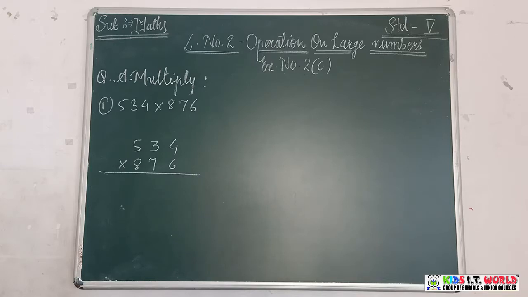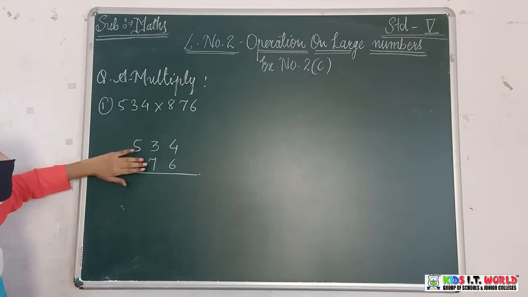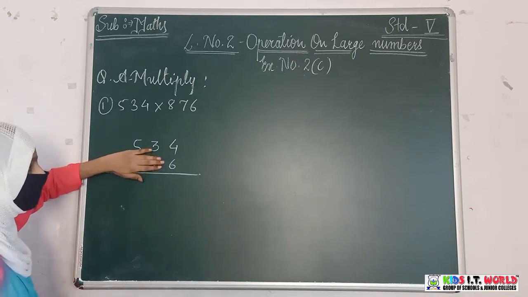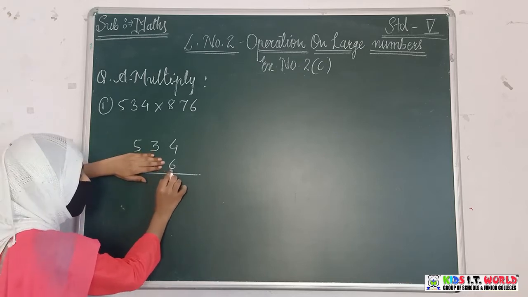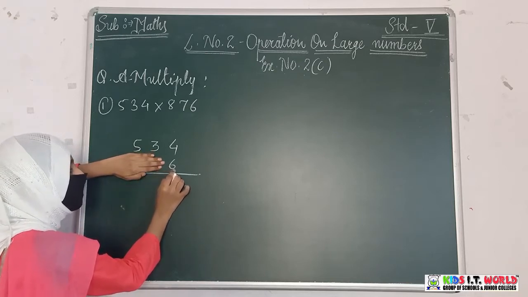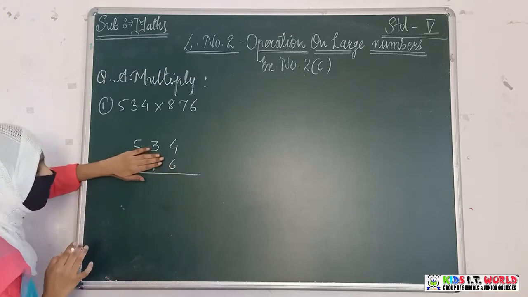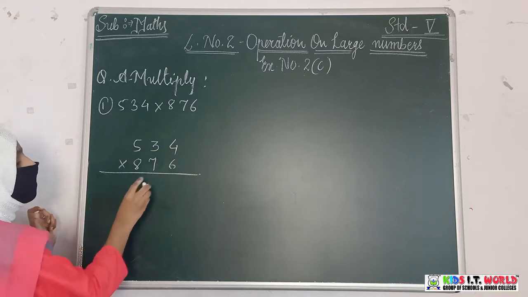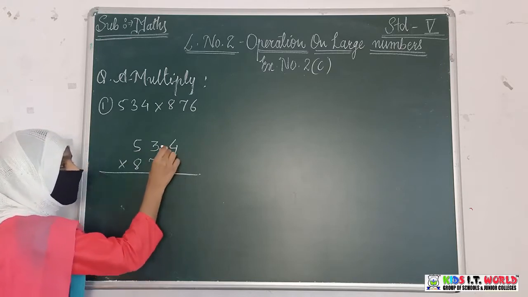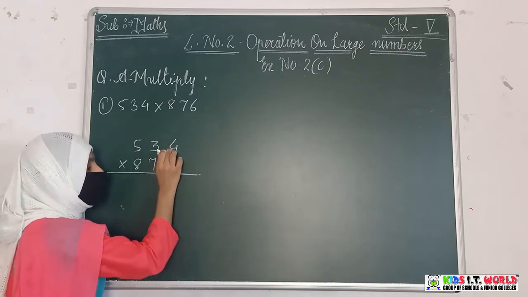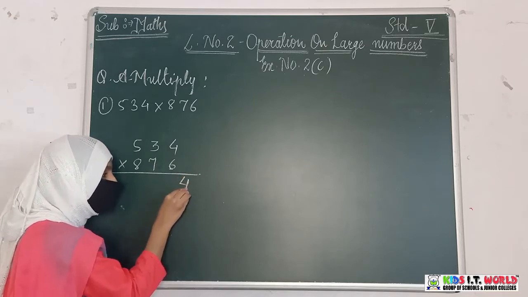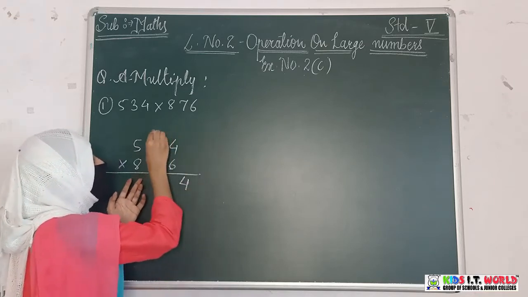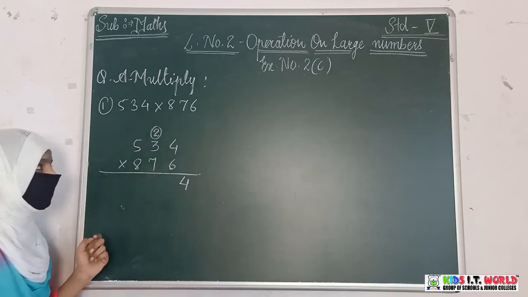Here the multiplier is of 3 digits, but you have to multiply it starting from the ones, then tens, then hundreds. In the first step you will forget these two numbers. Directly start from here. Whatever the first number will be here, you have to start from here. Don't look at this number now. First of all, we will multiply this by this, this and this. First of all, you have to multiply 6 by 4. So 6 4s are 24. So we will write 4 here and 2 will be carried to another number.